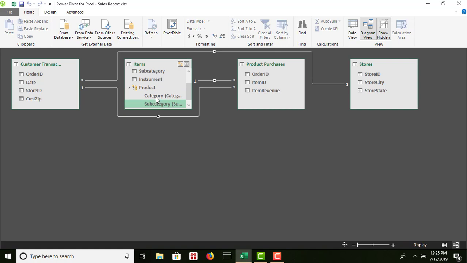Got subcategory there now. Continue to read my instructions and the instrument. So I click and drag it down as well. So I got those three fields. Return to Power Pivot. In the items table, create the products hierarchy containing the category, subcategory, and instrument fields in